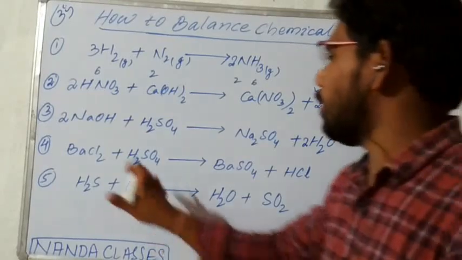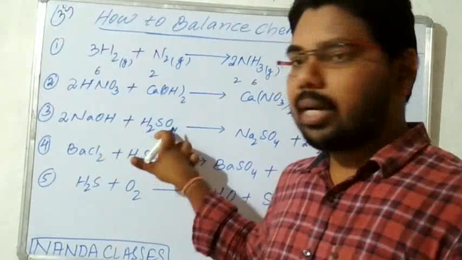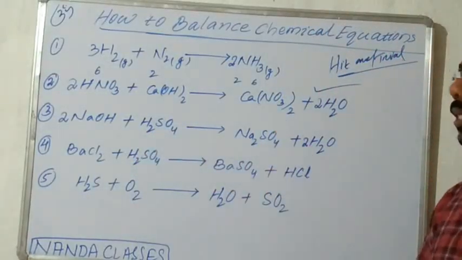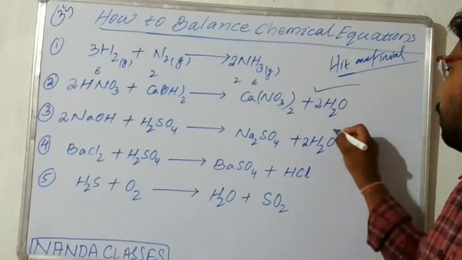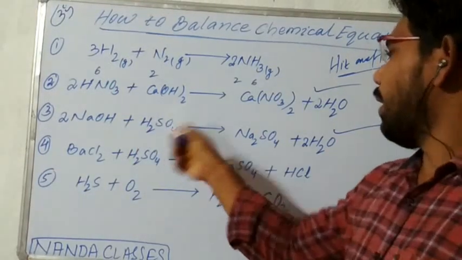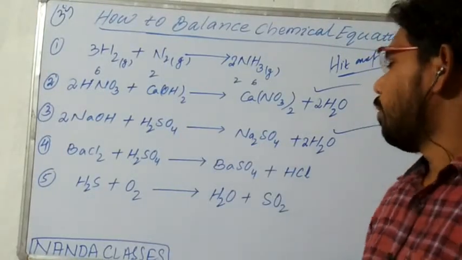Next we have to see oxygen. This one has 2 and this one has 4. 4 and 2 make 6. And on this side also 4 and 2, 6. Now oxygen is also balanced. Now this total equation is balanced because on both the reactant and product side the individual element atoms are equal.